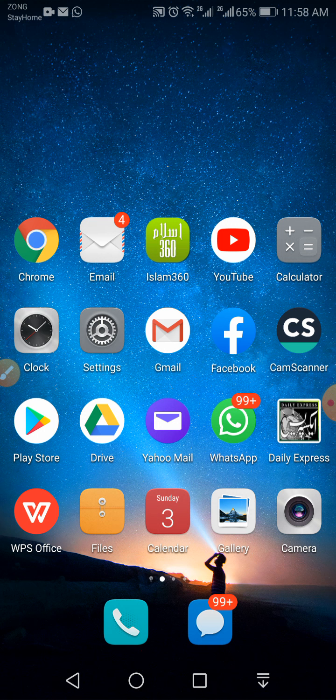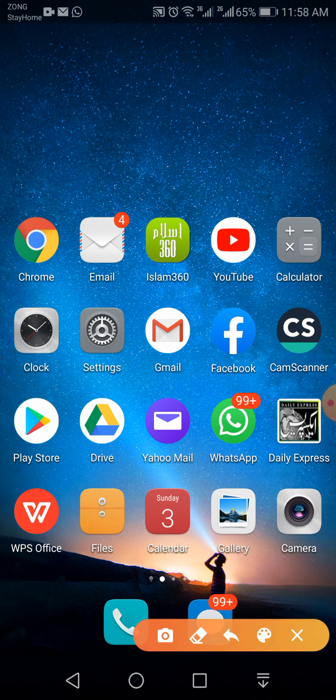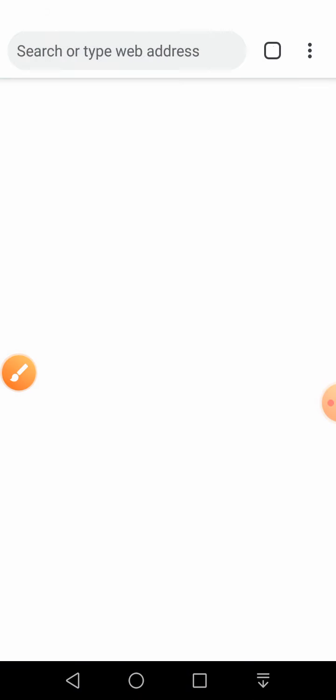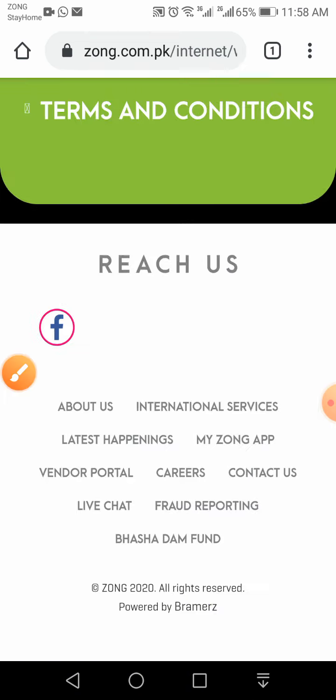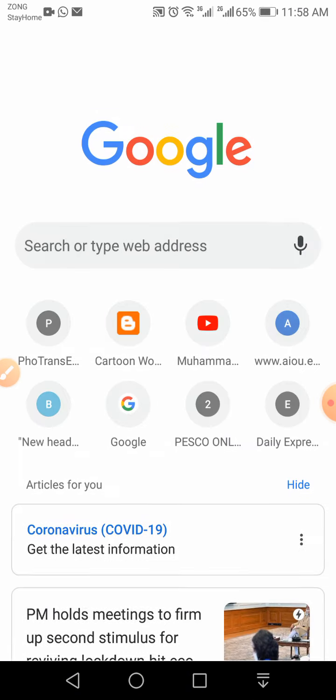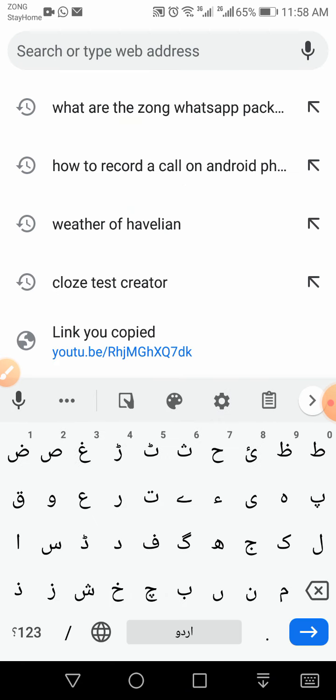So another way to measure the readability of a text is the cloze test. So let's first check what a cloze test is. So I'm going to click on this browser, Google Chrome. I just want to explain it through an online source. I just want to offer what Google says about this. Okay, so here I'm on Google. So what is cloze test?